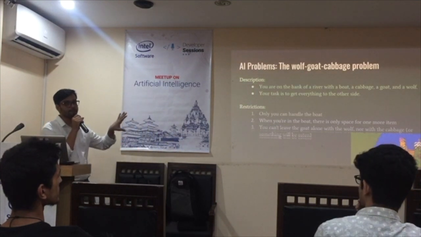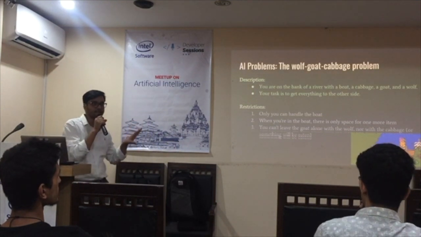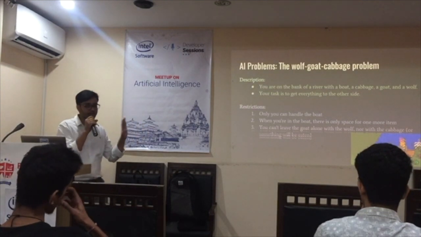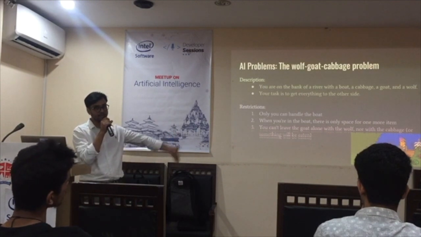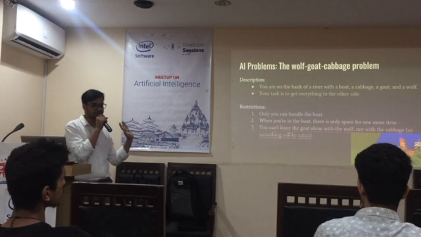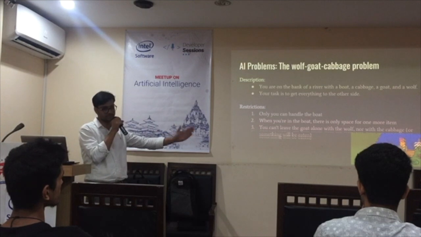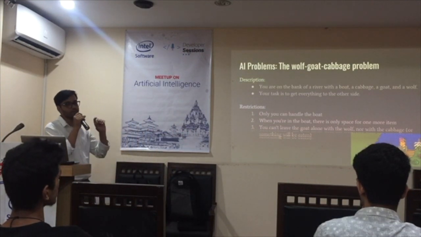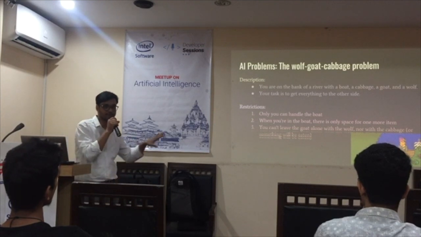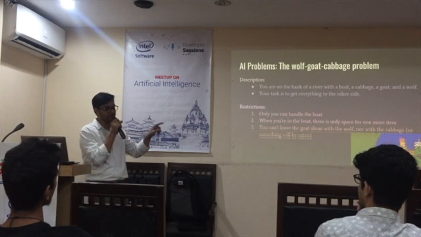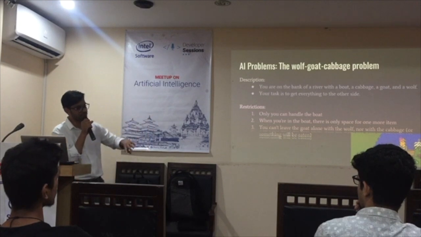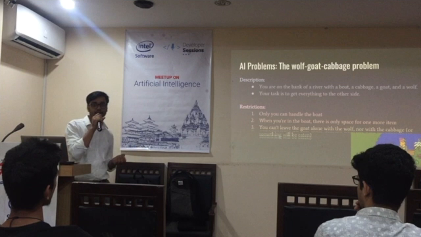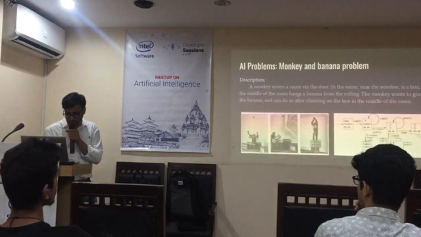So this is the very basic toy problem of AI. We can easily find the solution for it. Easily you can apply certain steps, certain deterministic transitions to get things to the other side. So it is a very simple problem of AI. But when it comes to a machine, it is a very complex problem. So traditional methods cannot solve this problem. So we need certain artificial intelligent behavior to solve this.